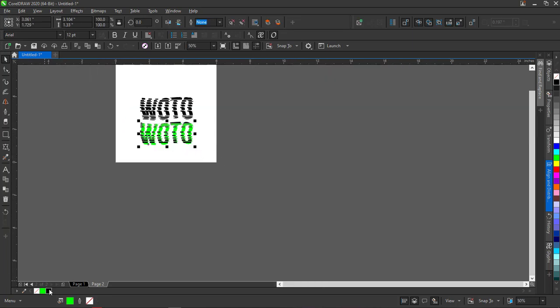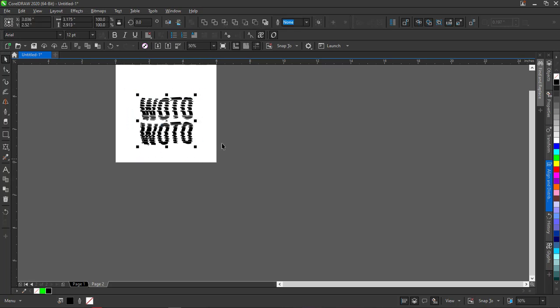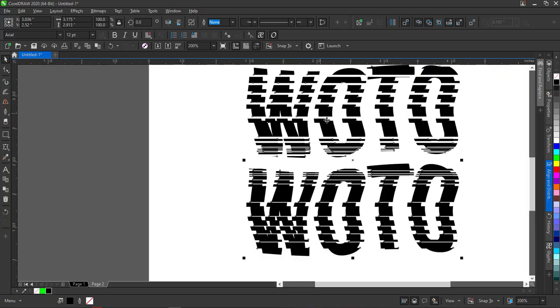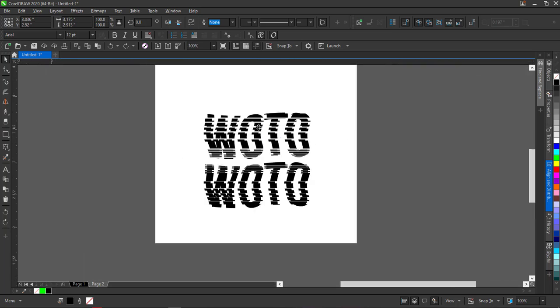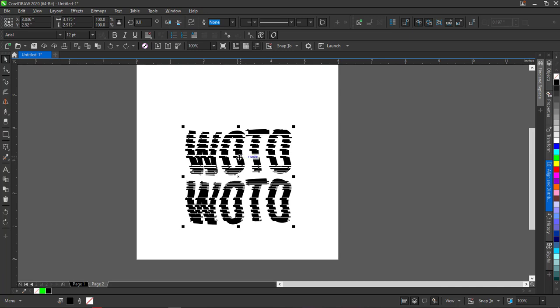So now change this to black, select, make sure you highlight the whole object, then I'll come here and take weld. Okay, so what weld does is that it mixes or unifies all the objects together. Alright, so now we have the unified object. Alright, so now I'm going to make a copy of this, Ctrl C, Ctrl V, then I'll